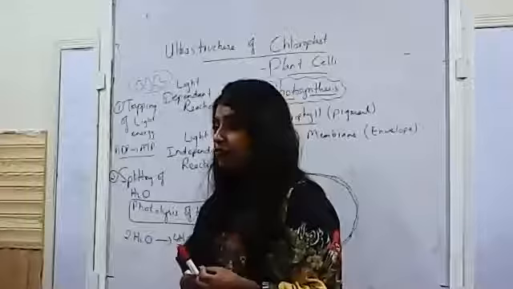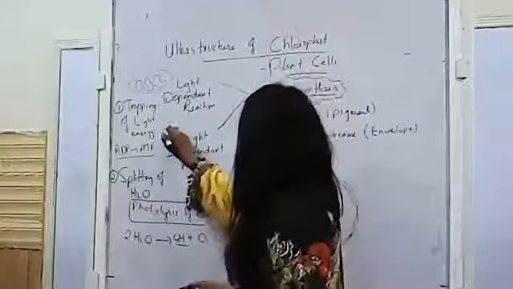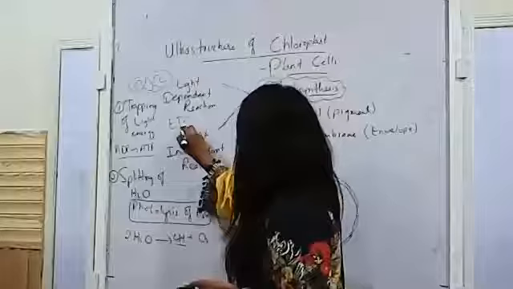Just like that, in the case of chloroplast, because ATP is being synthesized, we need a system of membranes for electron transport chain, ETC. That stands for electron transport chain to take place. Movement of electrons is going to generate energy, right? So that is why we have this system of membranes, because electrons need to move. When electrons and hydrogen move across membranes, energy will be released in the form of ATP, right? So both mitochondria and chloroplast have a system of membranes because movement of electrons and hydrogen is required across the membrane to release ATP, right?